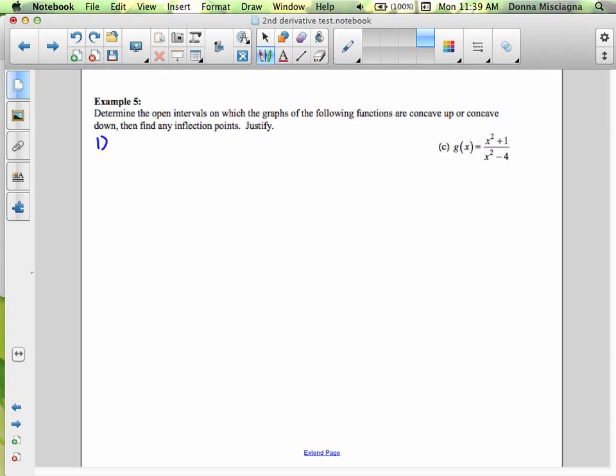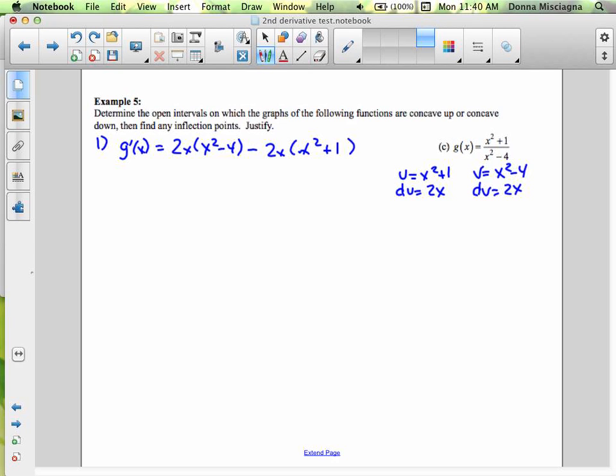This is a quotient, so we'll use the quotient rule. The numerator is x squared plus 1. The derivative is 2x. The denominator is x squared minus 4. The derivative is also 2x. So g prime of x would be the denominator times the derivative of the numerator, so 2x times x squared minus 4, minus the numerator times the derivative of the denominator, so minus 2x times x squared plus 1, all over